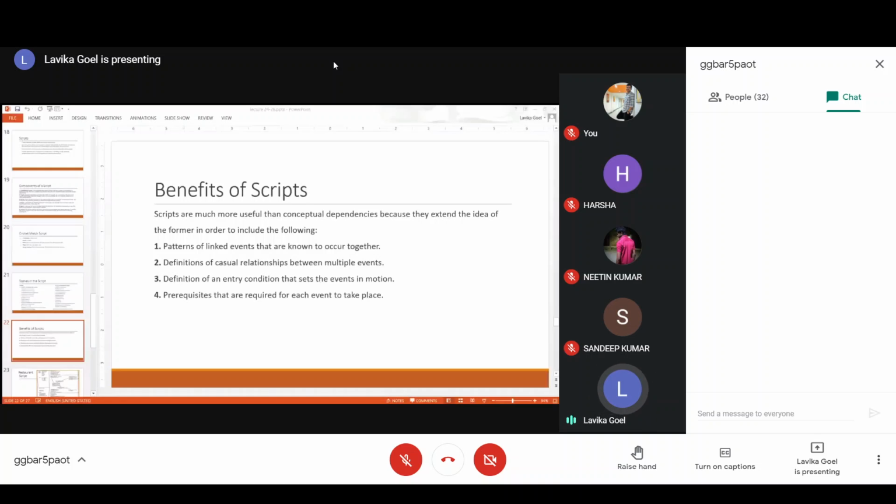So that is very important, because the causal relationship between multiple events in a script has a very important advantage. That important advantage I'll describe, you'll get to know in the later slides. But first of all, let us see another example, and through that example I'll tell you what is the advantage of this causal relationship between the events of a script.